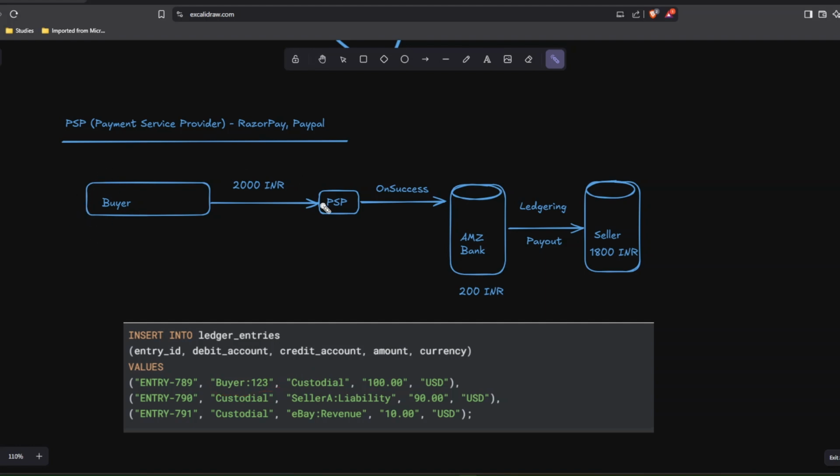Okay. So in step one, what will happen? In step one, here what is happening is the buyer is being connected. Okay. So the buyer is sending the money through PSP to the custodial account. So the custodial account is basically the Amazon account. Okay. So here, from the custodial account, what is happening is like in this stage,